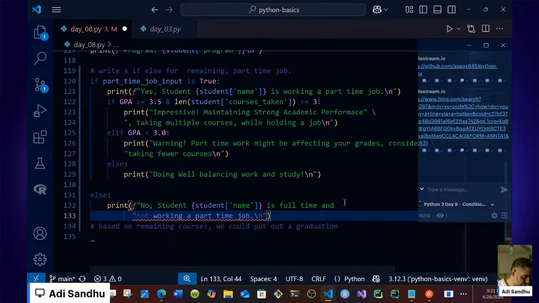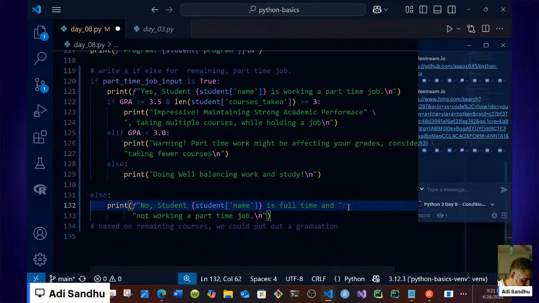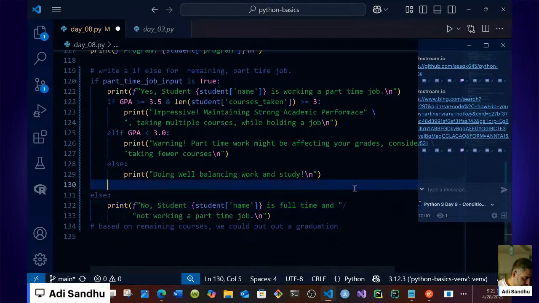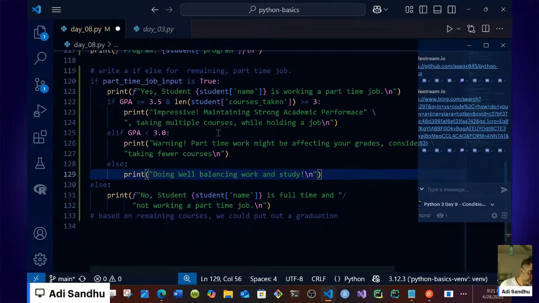If you remember, it was a quotation and then slash. If you remember correctly. All right, so this is your nested if statement with